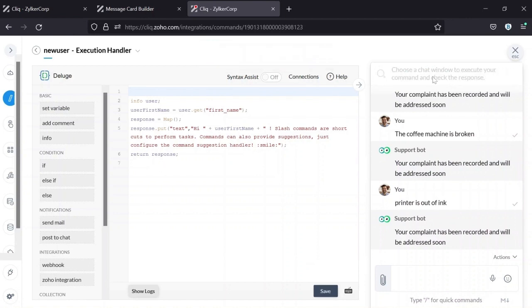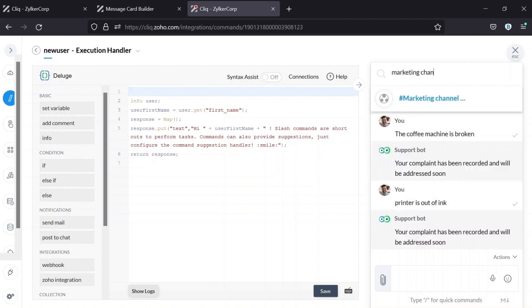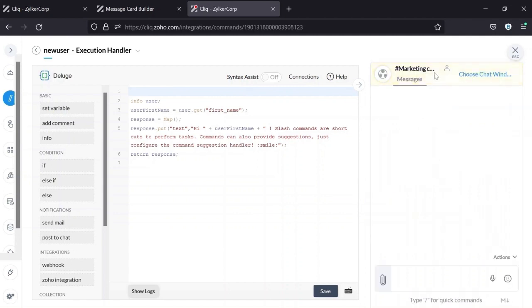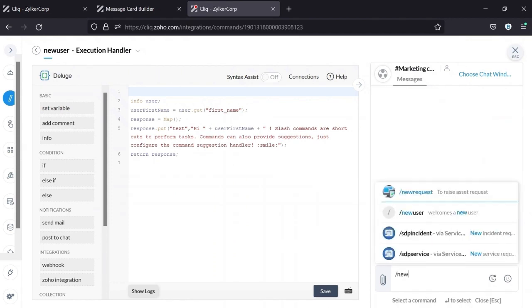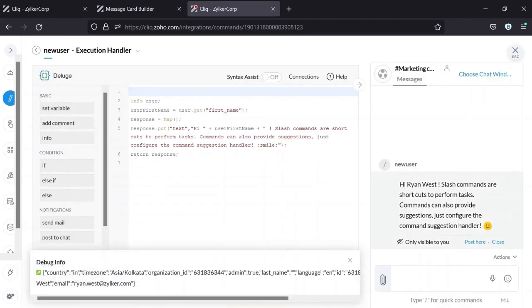Now let's choose the new channel, the marketing channel. Okay, now if you use /newuser, click on proceed to allow. You can see that it says hi Ryan West, / commands or shortcuts to perform tasks. You can see that it takes my username, my first name, and then puts it dynamically in this text box. Okay, let's cut everything,